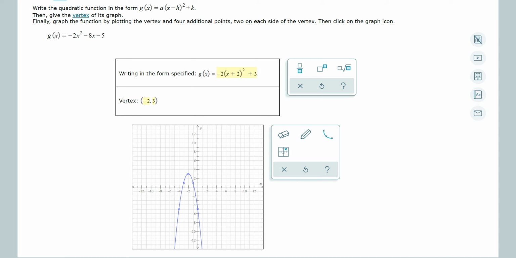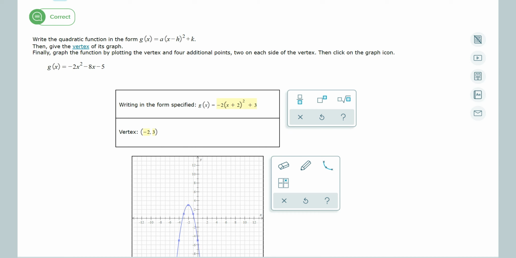Isn't that pretty? And I'm going to hit check and hope I get this right, because I don't want to have to do another 15-minute video. Check. Yay, correct. Okay, that is probably the easiest way to get through this problem, because completing the square,